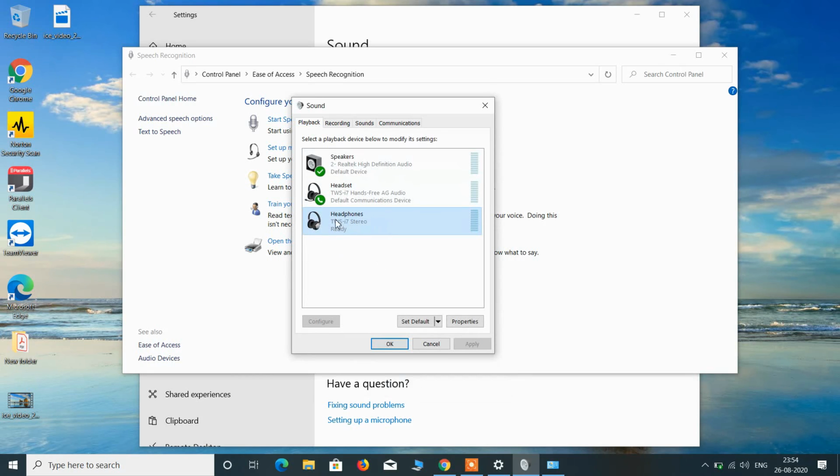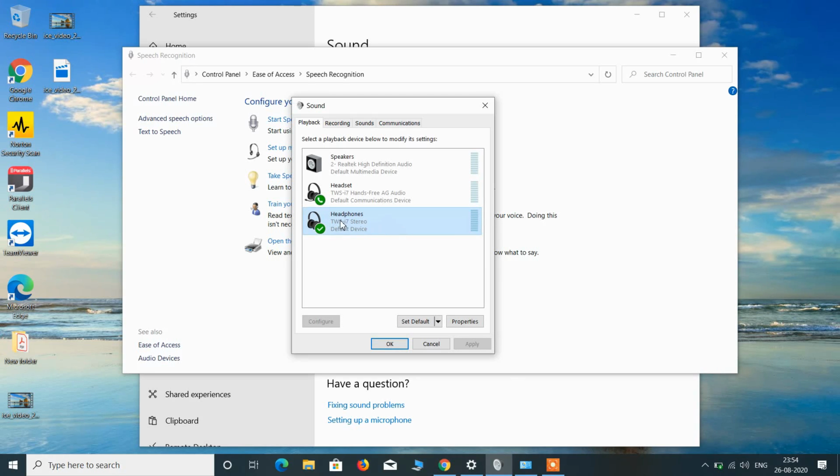Now just click on this headphones, right click over it, and if you want to listen to the music in the Bluetooth headphone that you have connected, then just set it as default device.